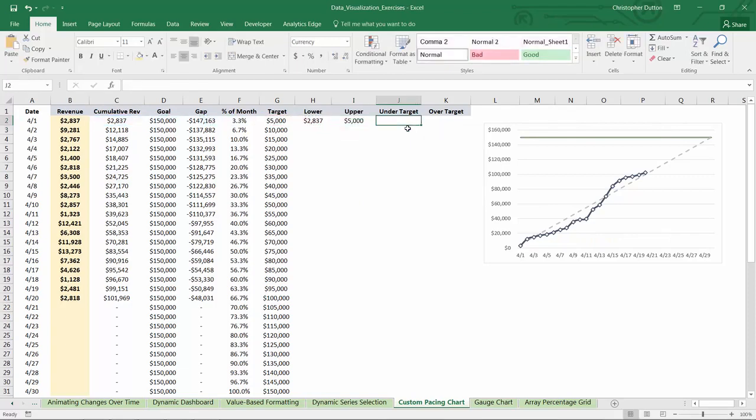Now, under and over. This is where we're actually going to calculate the difference between these two lines, depending on which one's higher. So our under target column is where we want to populate values that reflect the difference between the two lines in cases where our cumulative revenue is beneath the target line. Over target is where we want to calculate the space between the lines where revenue is over or outpacing the